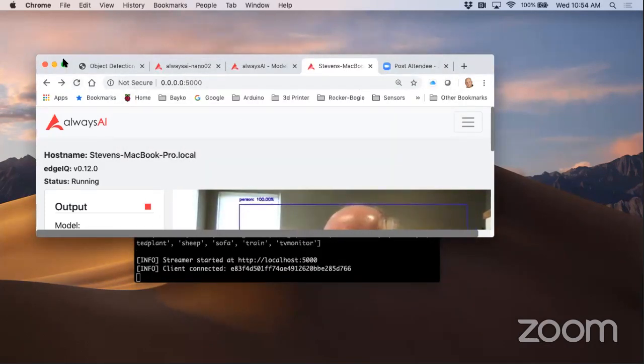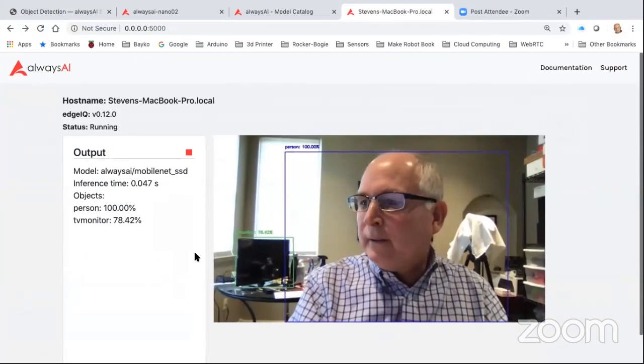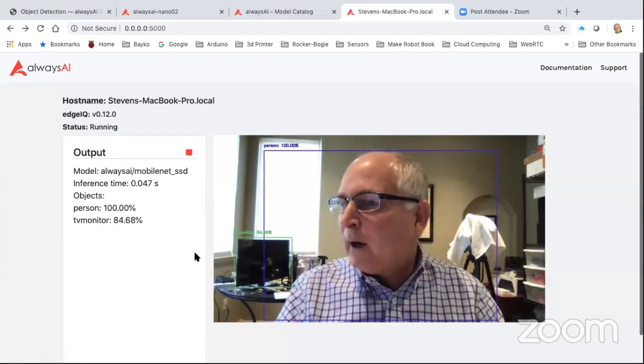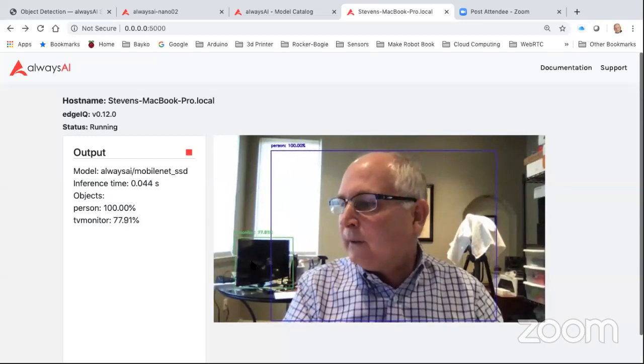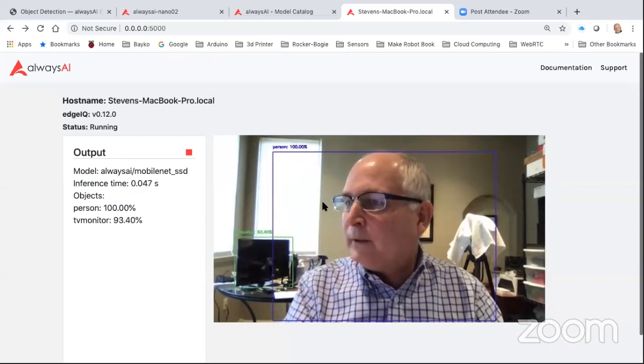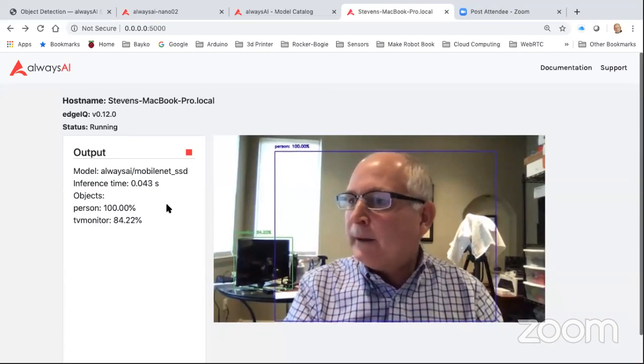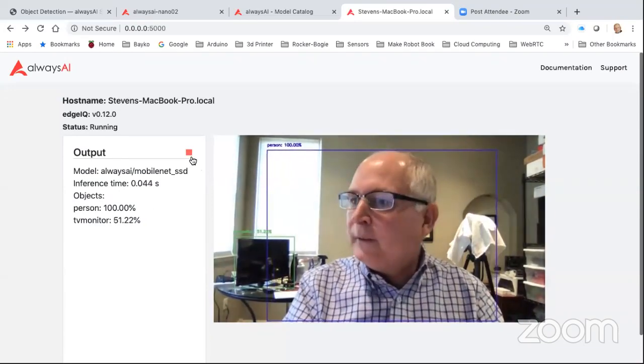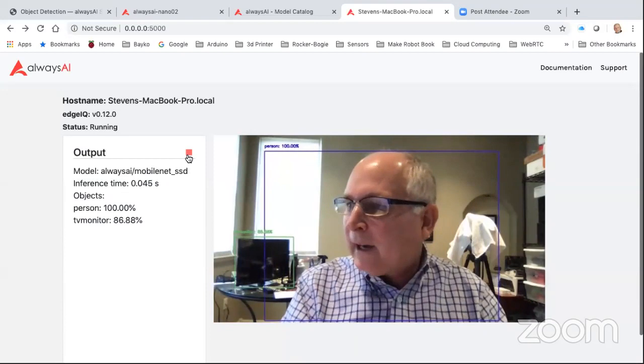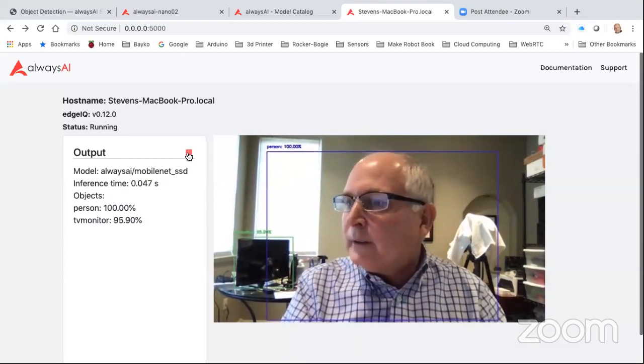So here we go. This is the object detector looking, and say right now it's finding in my background a TV monitor, and of course it finds me, and I'm really happy that it thinks I'm 100% a person. So it's nice to get that affirmation from a computer. So that's the basic